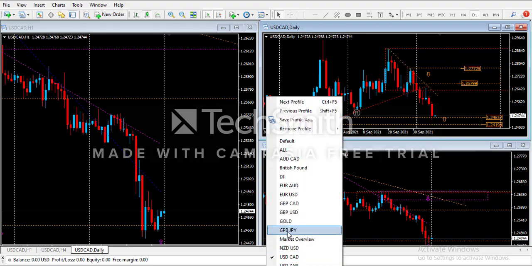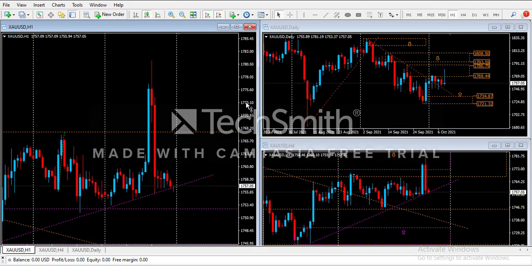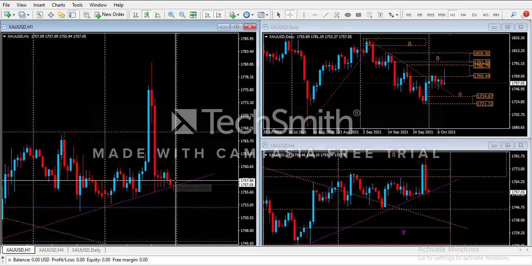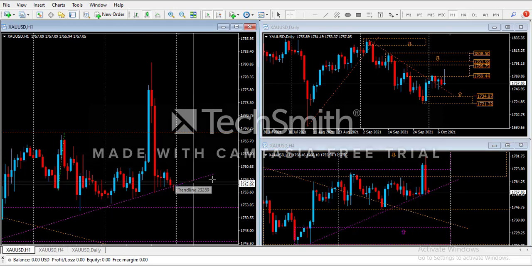Okay, so the gold. As for gold, it's in the development phase of a downward correction movement to the daily supply area 1769, 1786, because we have to wait for a trend change on the lower time frame, on the 4-hour chart or on the 1-hour chart, after which it's possible to develop a downward correction movement to the demand area to here